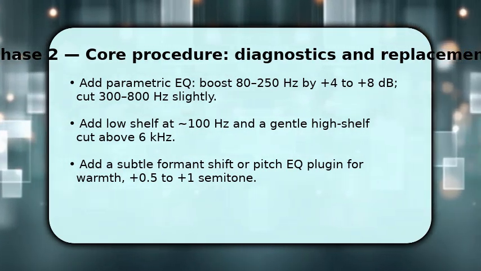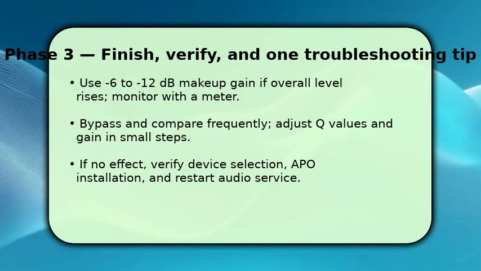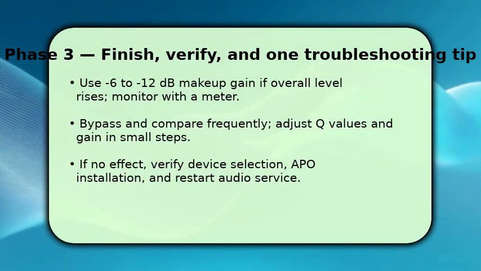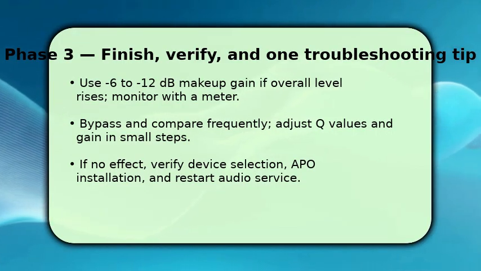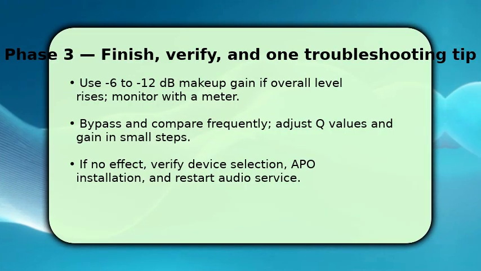To finish, balance output levels. Apply makeup gain only if needed, keeping peaks under clipping. Use a meter and aim for consistent RMS. Once done, bypass filters to compare, then re-enable and nudge Q values or gain in small steps until the voice